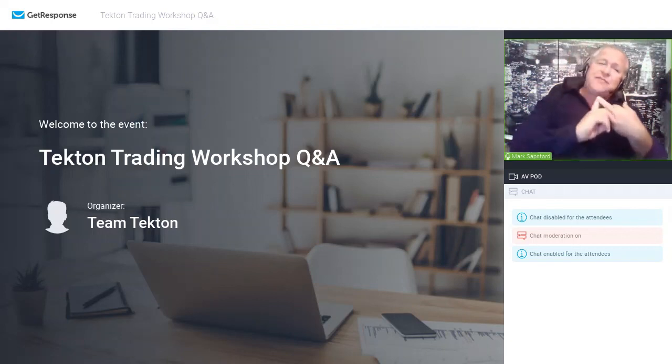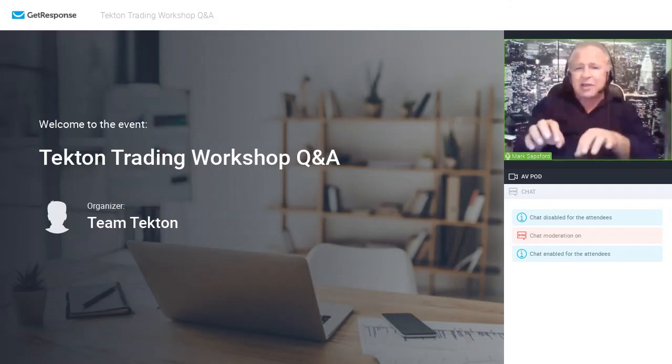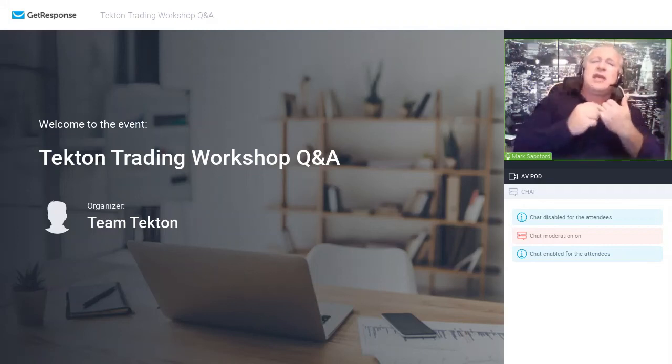So the difference between those types of algo trading systems, where you've got to sit and code using a workshop or a workspace where you use coded language, is Tekton is plug and play. It's a ready to go auto trading system where you just create the algorithms, or you bring in algorithms that are already there and edit them and amend them.